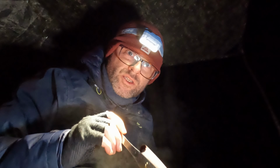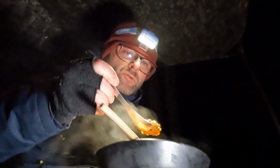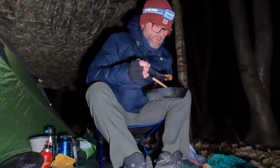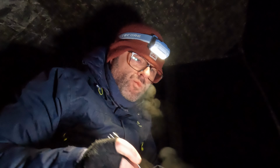Can't be bothered to put it into a plate. I'm going to save on washing up. I'm going to eat straight out of the pan. And it's absolutely delicious. Absolutely delicious. One of the best warming